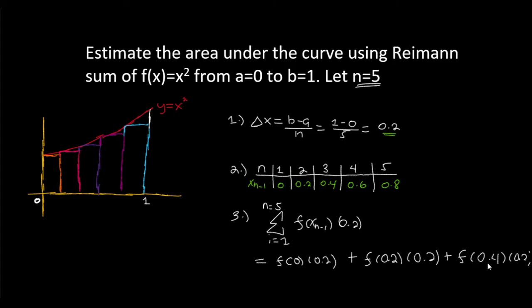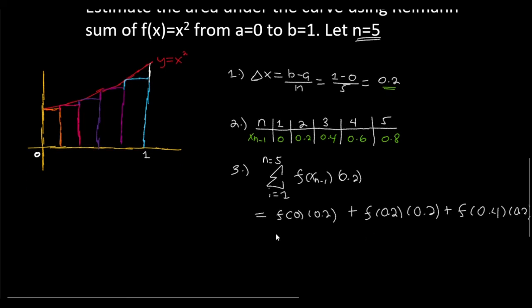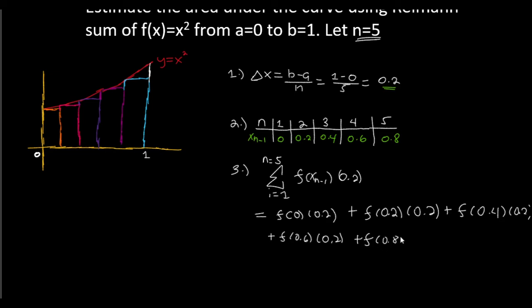Okay, wala na tayong space, nababa natin, plus f of 0.6 times 0.2 plus f of 0.8 times 0.2. And then yung approximate answer natin ay, calculator natin,